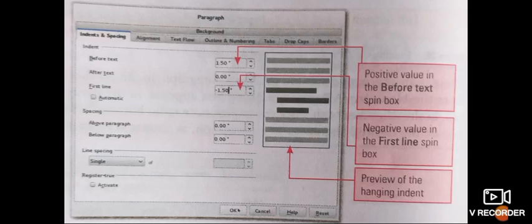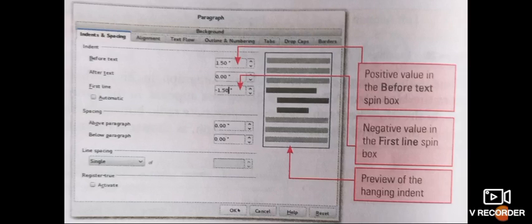Now from the Paragraph option, we have to click on Indent and Spacing. As we click on Indent and Spacing, the Indent and Spacing dialog box appears, as shown here in the video. Now from here we can change the indent and spacing of the text.